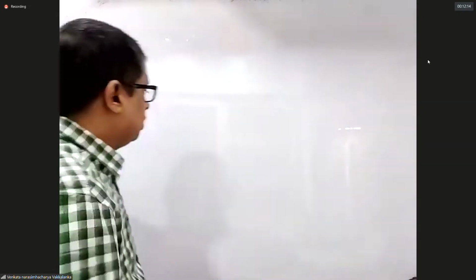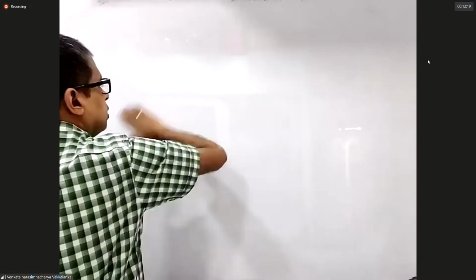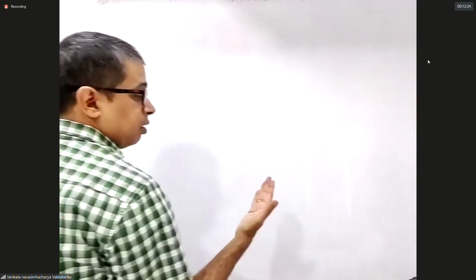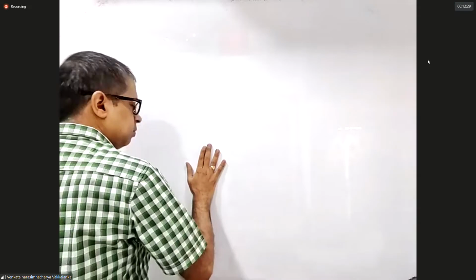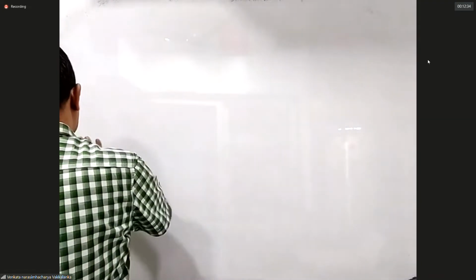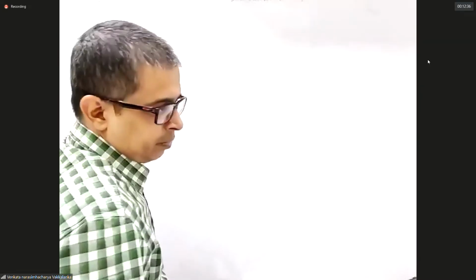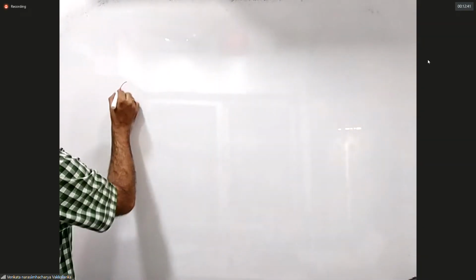So can you explain this concept that when there's a collision, there's some interchange between kinetic energy and potential energy? For example, I'll read out the question. A ball moving translationally collides elastically with another stationary identical ball. At the moment of impact, the angle between the straight line passing through the centers of the balls and the direction of the initial motion is equal to theta. Assuming the balls to be smooth, find the fraction of kinetic energy of the striking ball that is stored as deformation potential energy at the moment of maximum deformation.